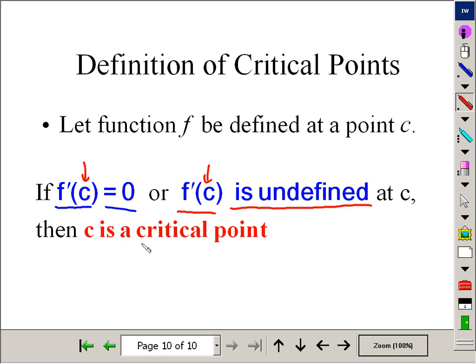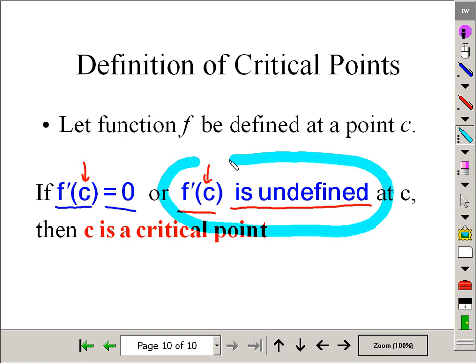It's that straightforward. Here's what you're going to end up doing. To determine critical points, take the derivative of the function, set it equal to 0, set it equal to undefined, and then realize that those are the critical points. This portion of it is going to become very important when you deal with rational functions. And don't forget, if you have a rational function,